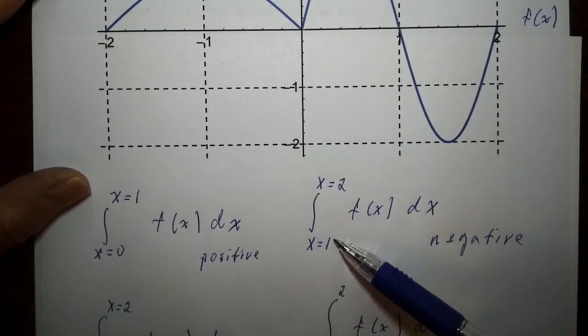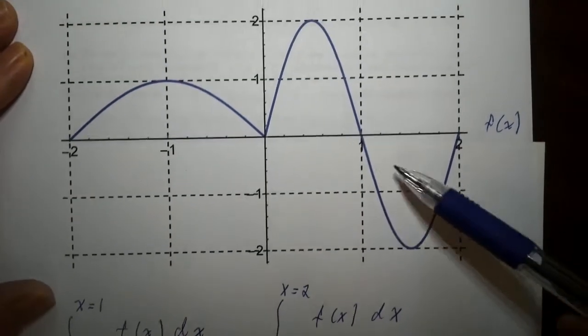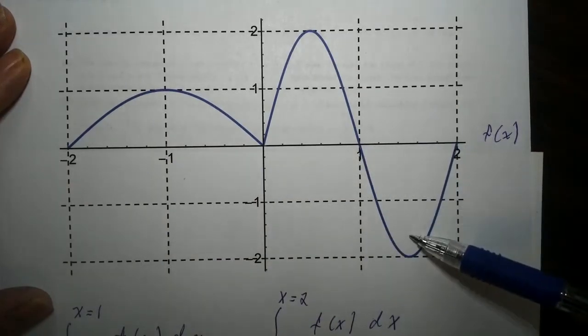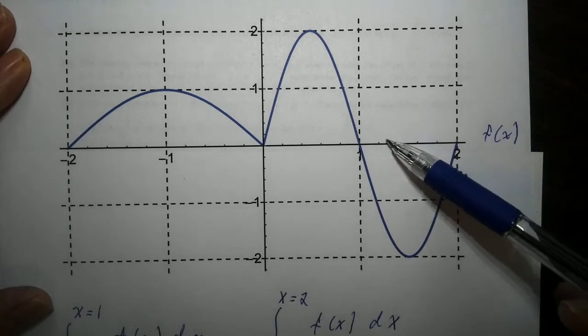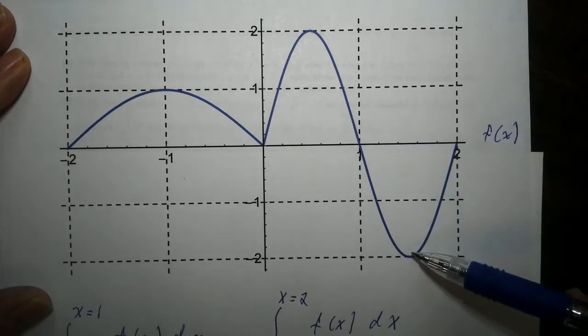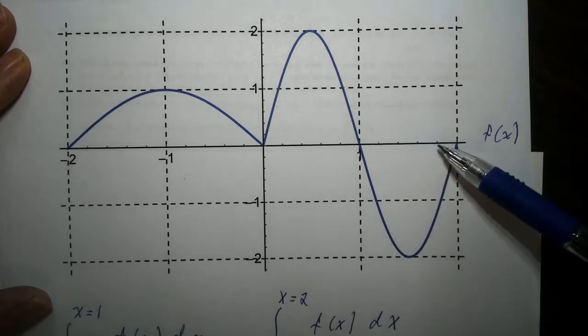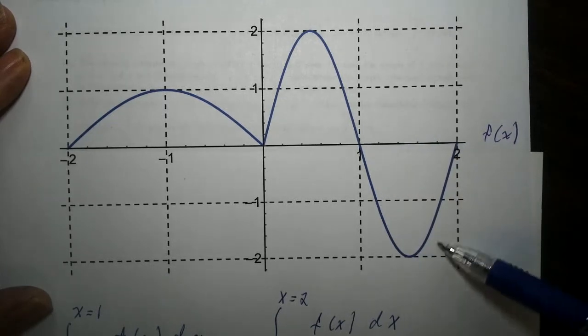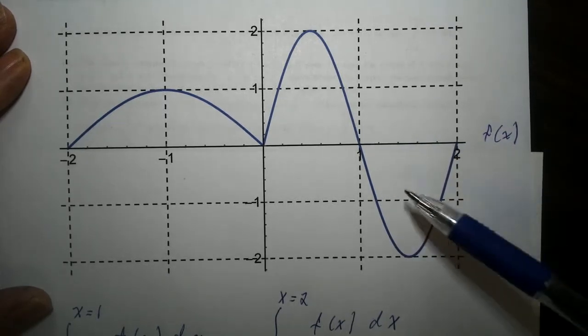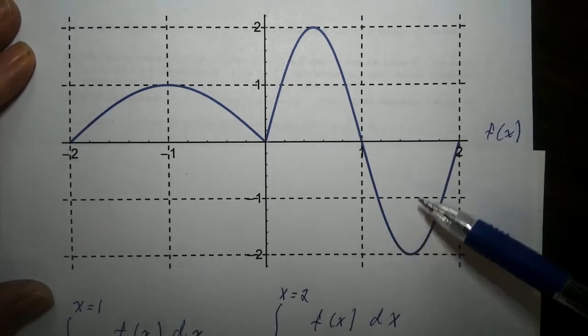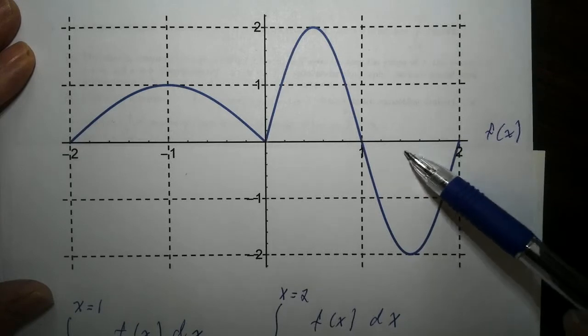Let's say we look at the integral from 1 to 2 of f of x. From 1 to 2, observe how the graph is completely below. So the signed area would be the area bounded by the curve, the x-axis, x equals 1 and x equals 2. That's not the same as the area under the curve, because that would be down there. So we're speaking of that area, which is a signed area, which is interpreted to be negative because the graph